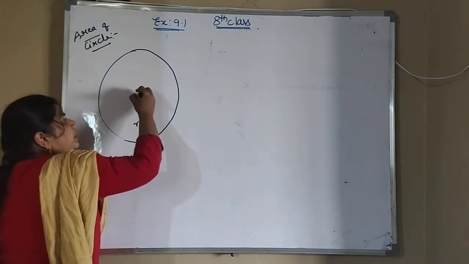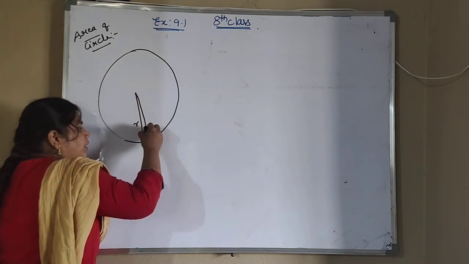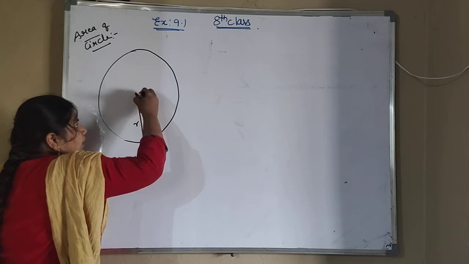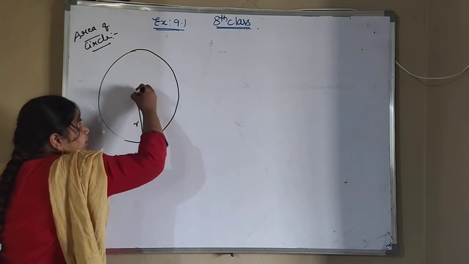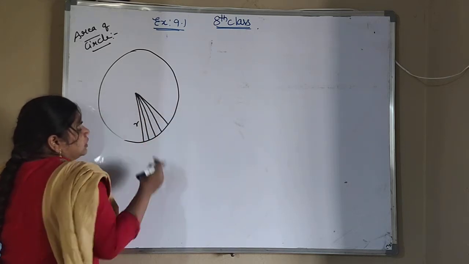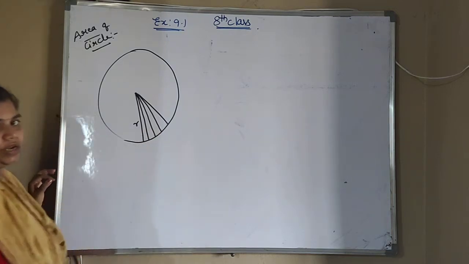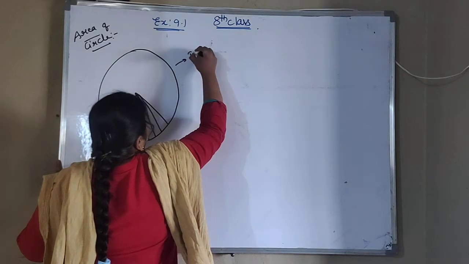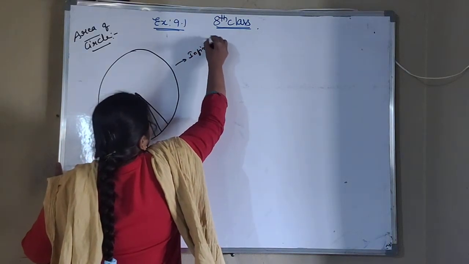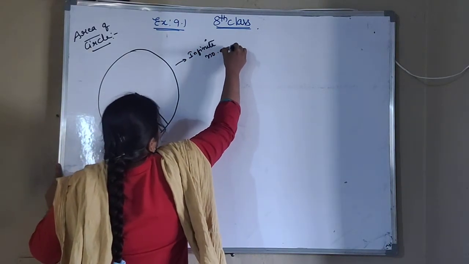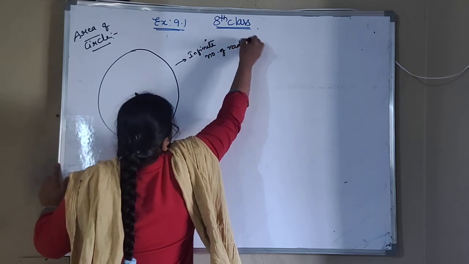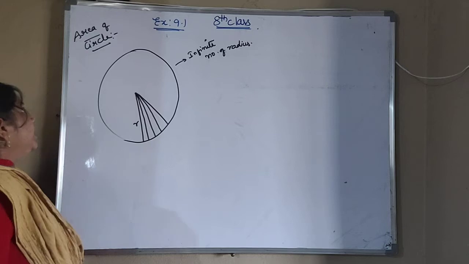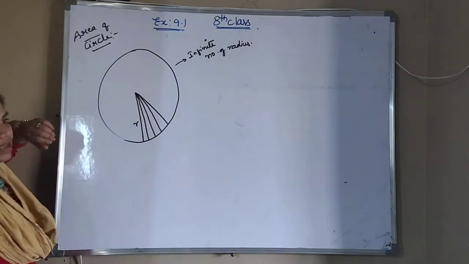From center point to any point of the circle we will call it as radius. So like that, how many radius you can draw? You can draw infinite number of radius like this. Smaller than this radius also you can draw. So like this we will be having infinite number of radius. Okay, so we know that infinite number of radius are there. Now area of a circle we are finding.